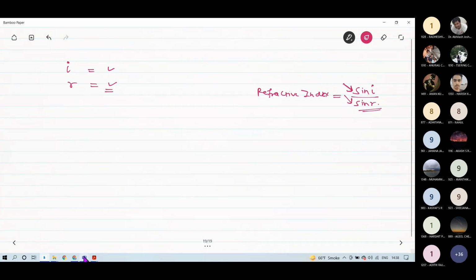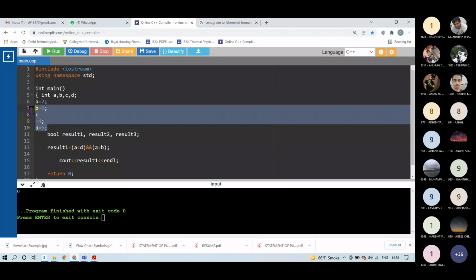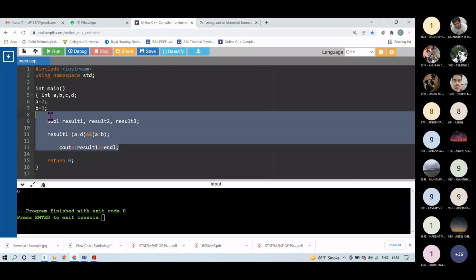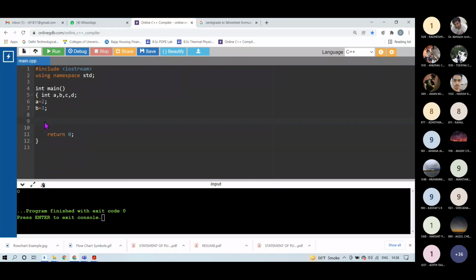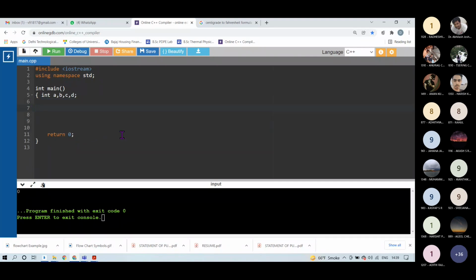So suppose I want to calculate, I want to say A is equal to sin 30.